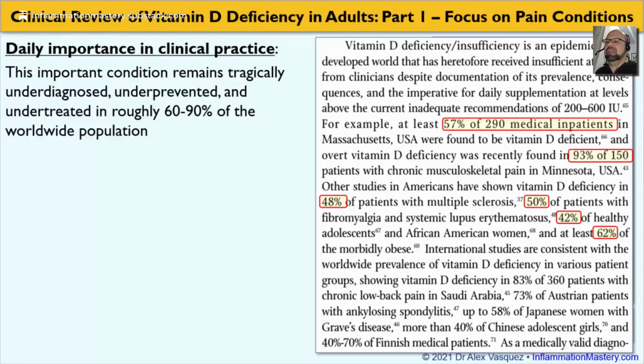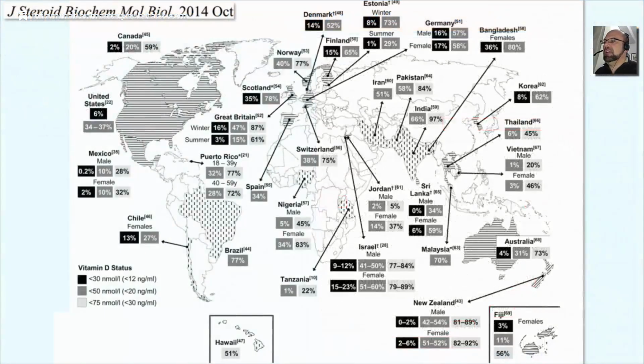Other studies showed deficiency among 83%, 73%, 58%, more than 40%, and 40 to 70% of Scandinavian medical patients. If we look at a more recent publication, this time from Journal of Steroid Biochemistry and Molecular Biology, 2014,